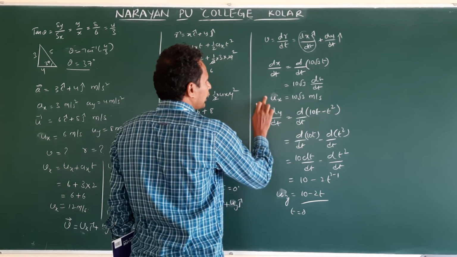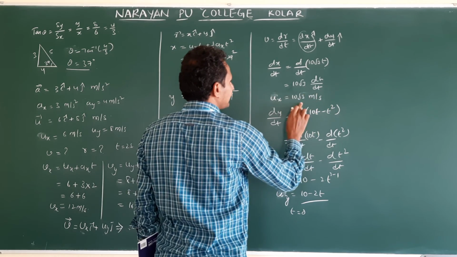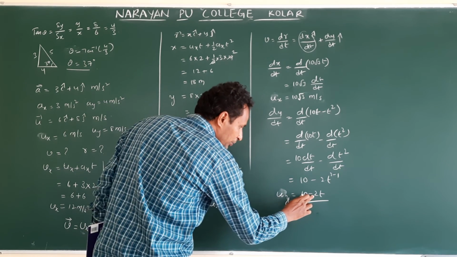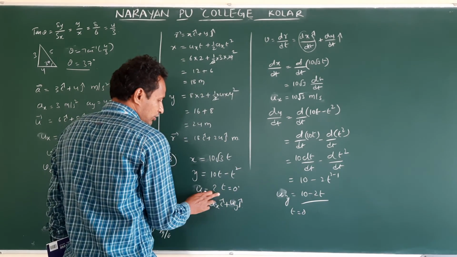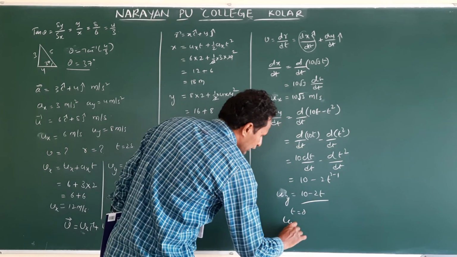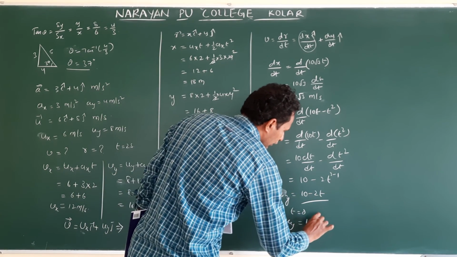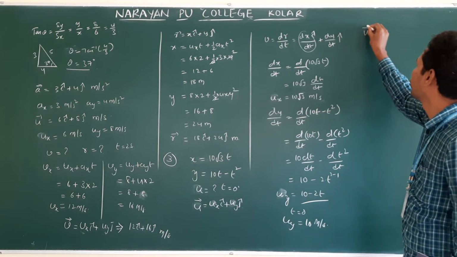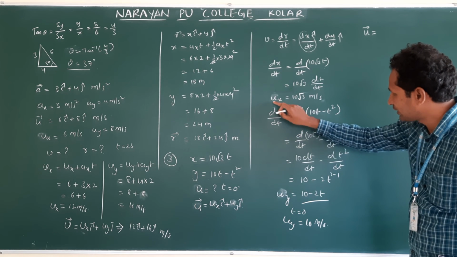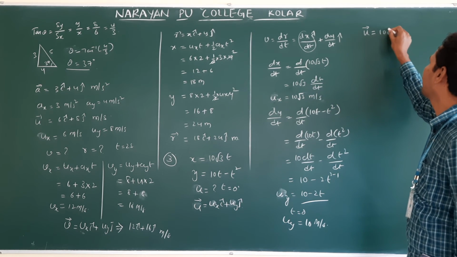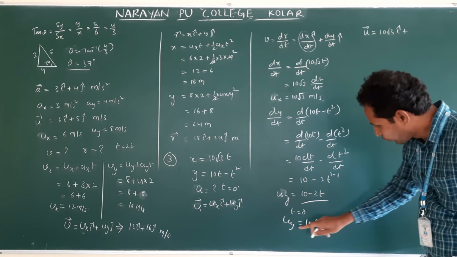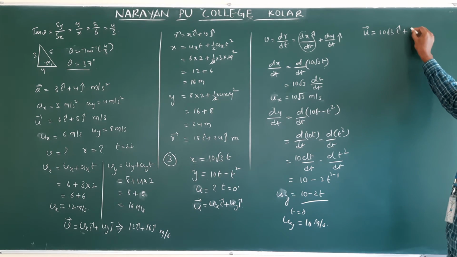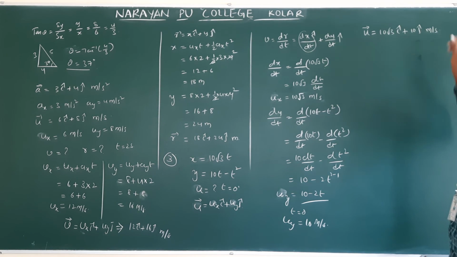In the x term there is no time. I mean, for initial velocity along the x direction there is no time, no need to substitute. But for the initial velocity in the y direction we have a 2t term. So they are asking initially, substitute t as 0, then uy we will get 10 meter per second. Then what do we get? Initial velocity u is equal to, what is the initial velocity along x direction? 10 root 3 i cap plus, what did we get along y direction initially? 10 j cap meter per second.